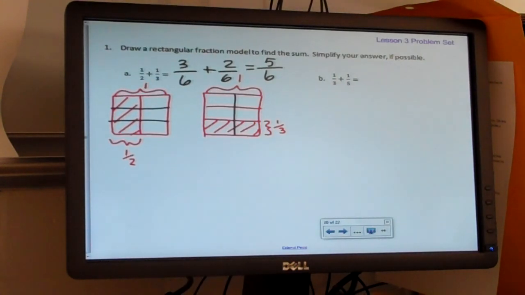Does anyone else get this, or am I the only one not understanding? Yeah, I understand it. We'll do another one. Can I do the next